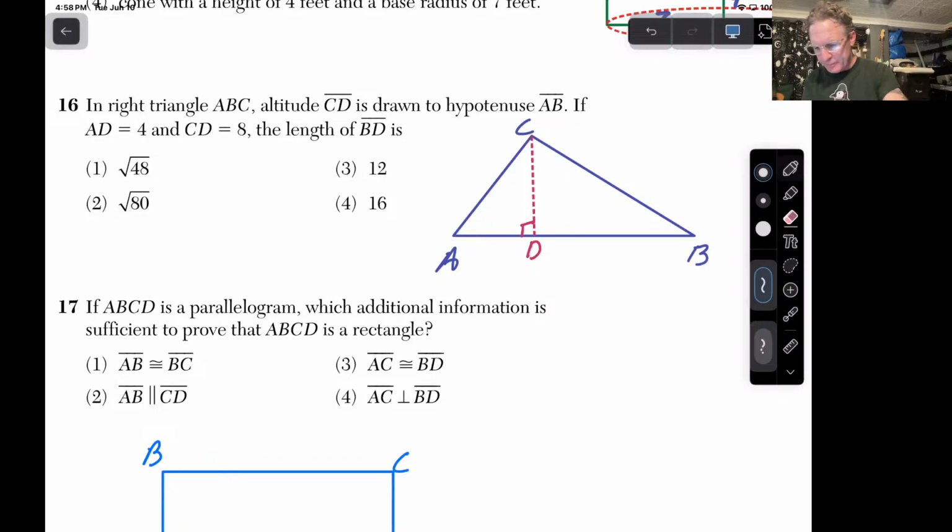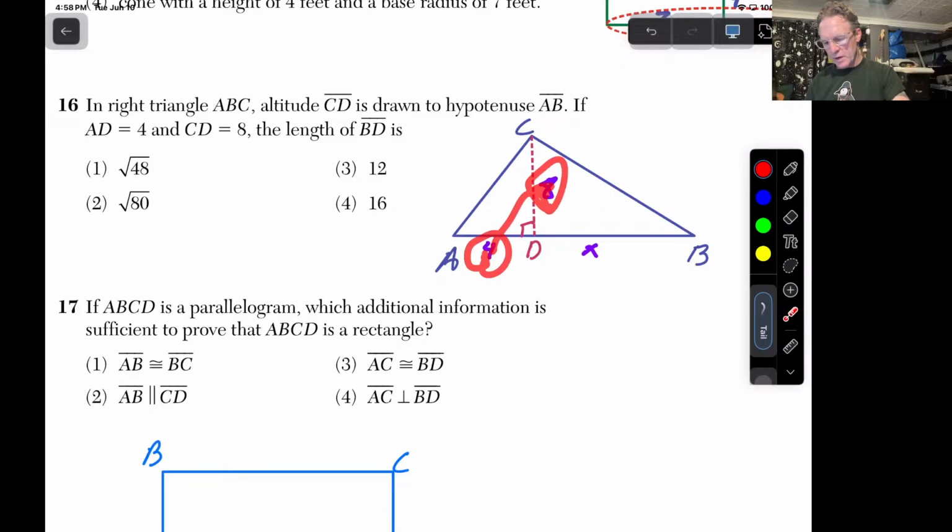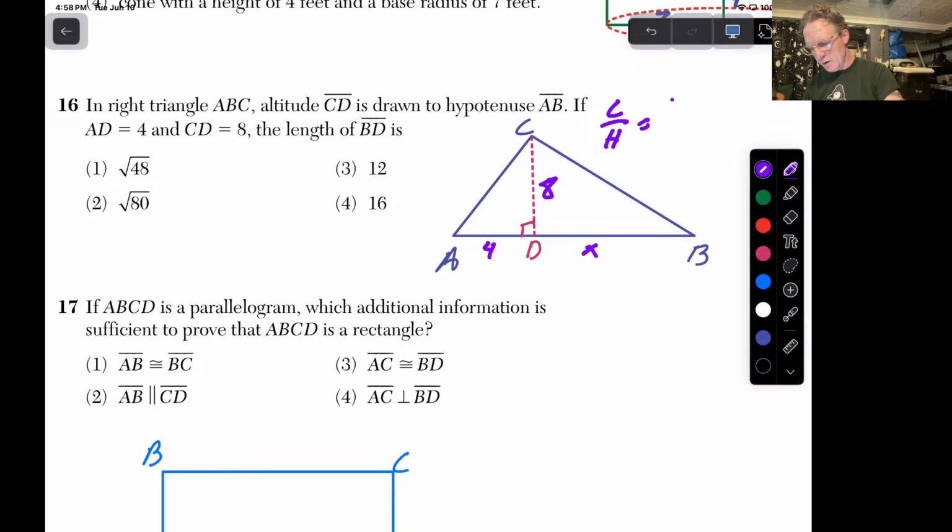So if you see this setup where they give you, say, AD is 4 and CD is 8, and you're looking for that, whenever you see that setup, it's nice because it's left over height equals height over right. So it would be 4 over 8